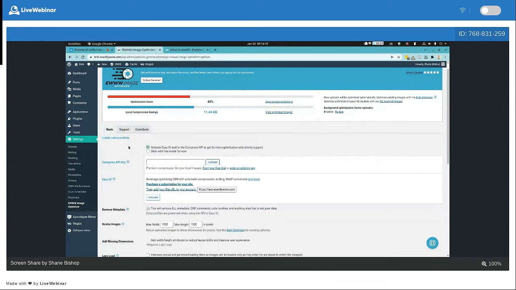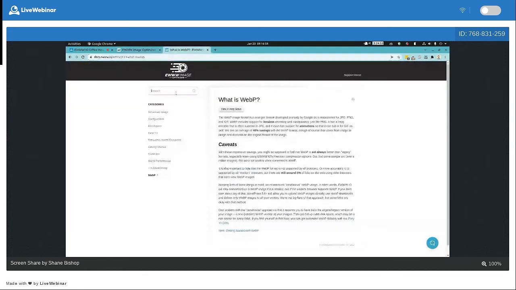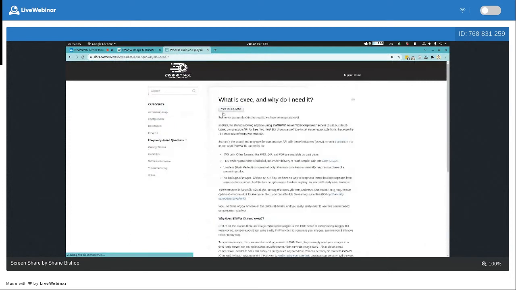If your server does not have the exec function enabled, which is a long story, we have a docs article for that as well. But if your server doesn't have the ability to run the local tools